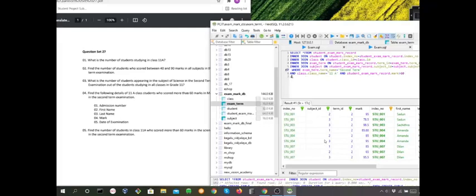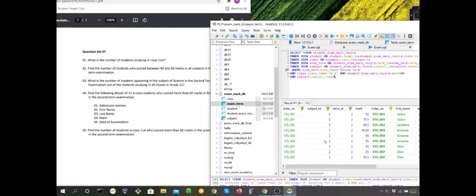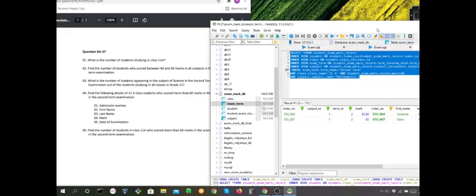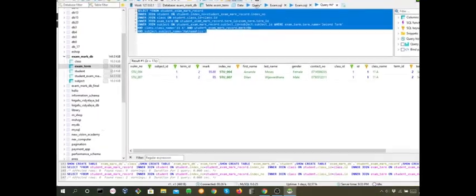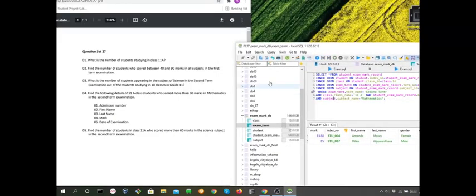Next, we need to take mathematics. In the subject table, I'm going to take the subject name equals to mathematics. So these are the results. Now I'm going to take the count. The question is asking,